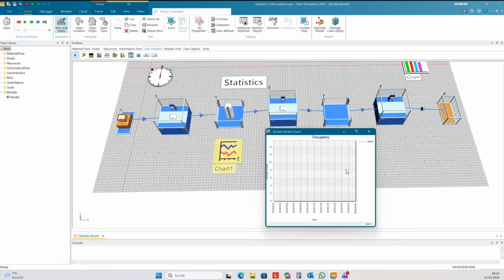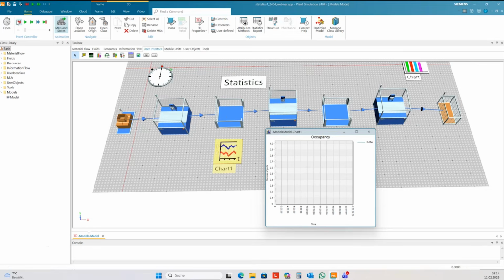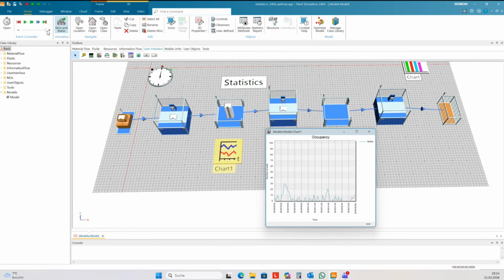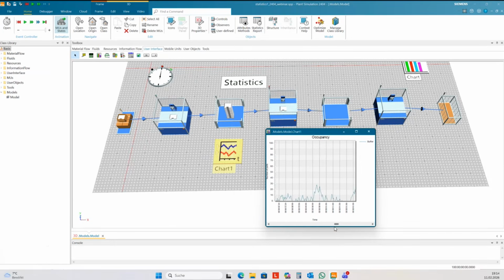Okay. So now I can run the simulation, and this plotter is now collecting all the data. And now you have the possibility to read this data from this chart.